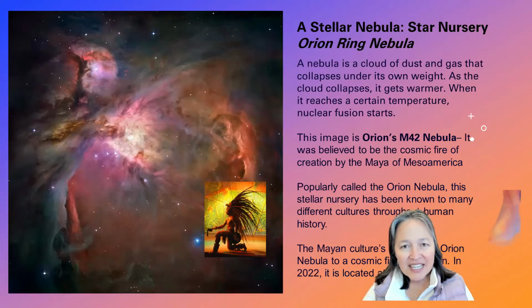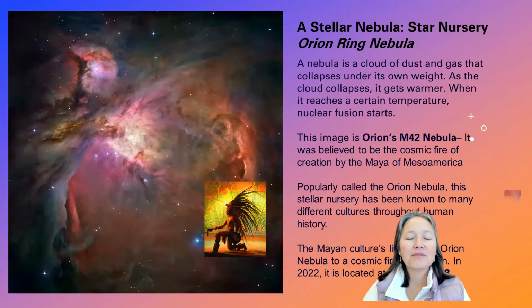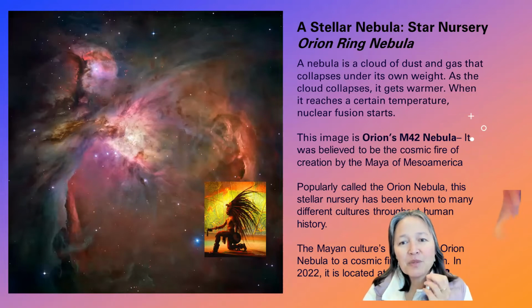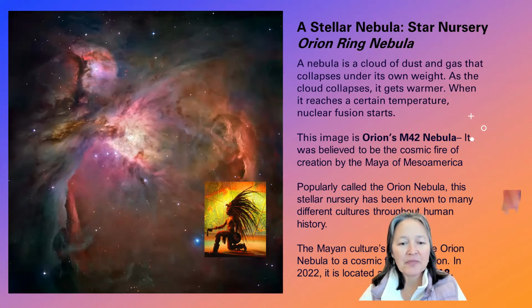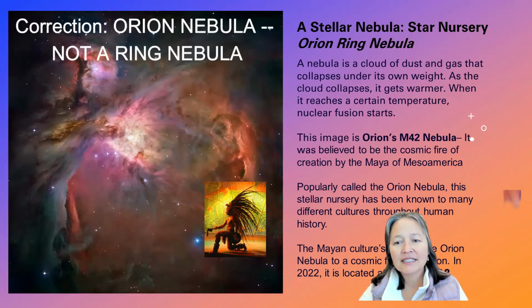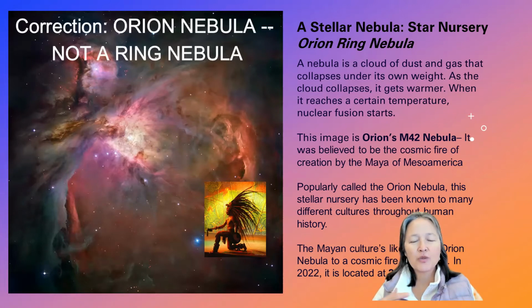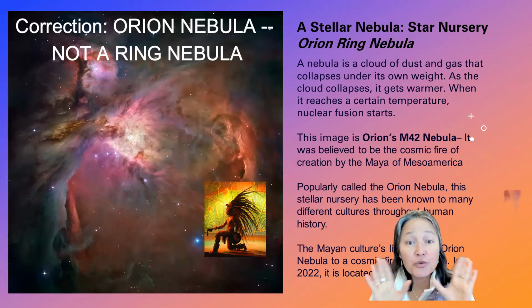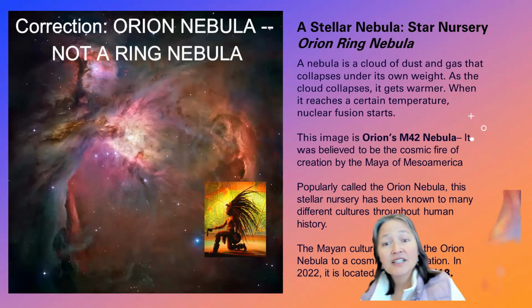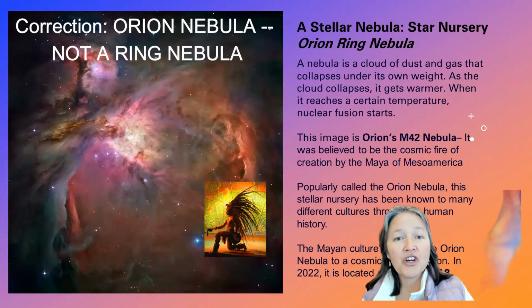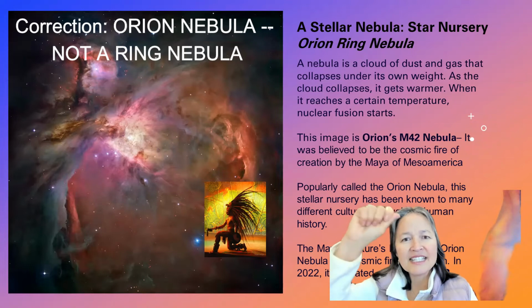For those of you, again, tracking Julia with Balaz with the galactic astrology, here's what the Orion Ring Nebula looks like. And then I put a little picture here of a Mayan priest doing his dance, because Julia typically makes a mention, if you have the Orion Ring Nebula, there is this connection to the Mayan. So let's first start with the star nebula. What is it? Let's put our science hats on.